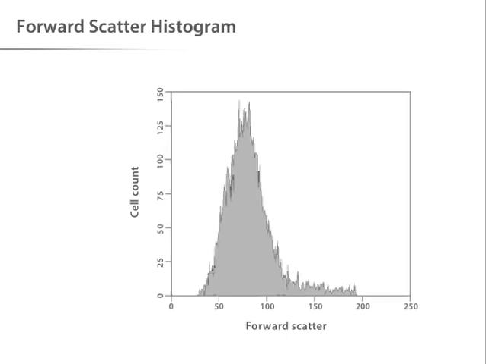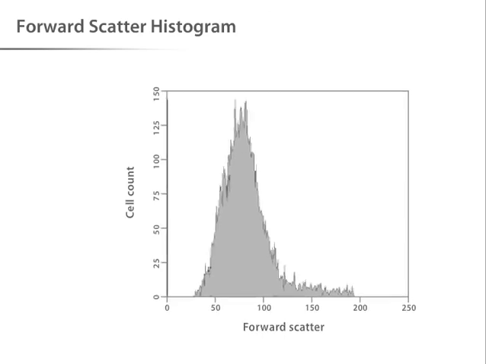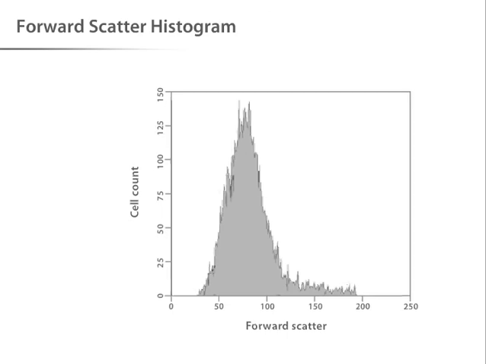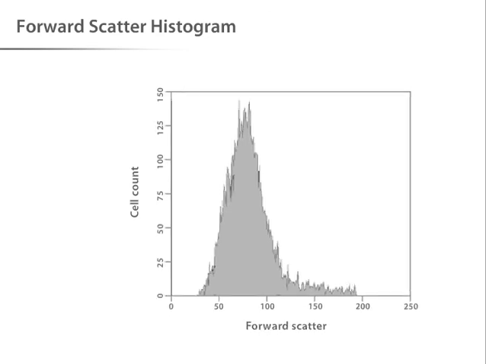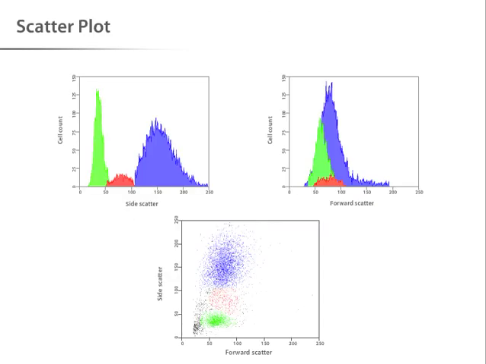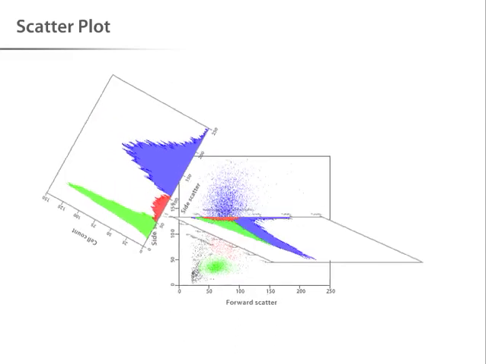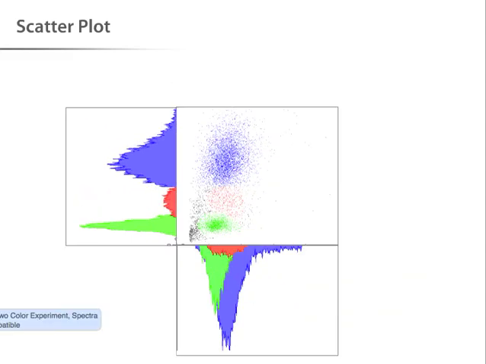The one-dimensional histograms we have seen so far do not necessarily show the complexity of the cell populations. For example, what appears to be a single population in the forward scatter histogram is, in reality, multiple populations that can only be discerned by looking at the data in a second dimension. This is done through the use of two-dimensional dot or scatter plots. You can see that the peaks from the forward and side scatter histograms correlate with the colored dots in the